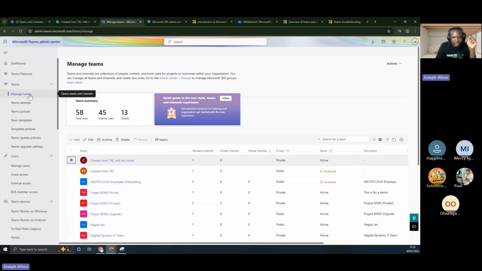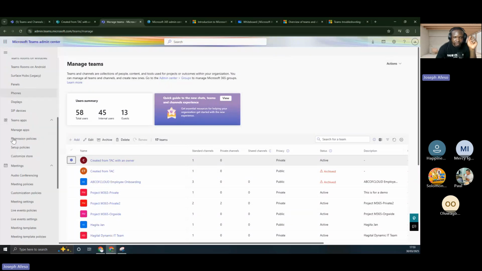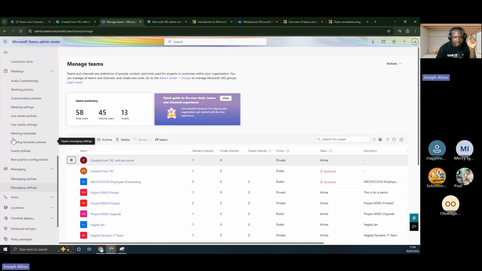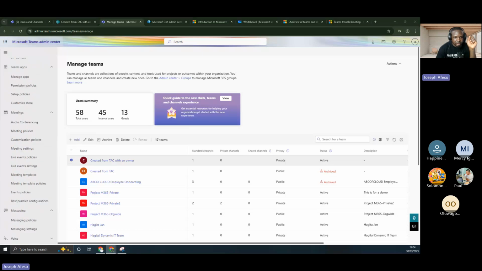The next time we meet, we'll be looking at Teams settings, templates, and all of those. We'll take it easy, and this is going to take us till the end of April. We'll spend the whole of April here, and in May, our attention will shift to security. So that will be all for today, and our assignment should not be forgotten. Let us go and check where the archived teams can be accessed by the end user. Already we know where the admin can access those. So thank you. It's time for questions if there are any.